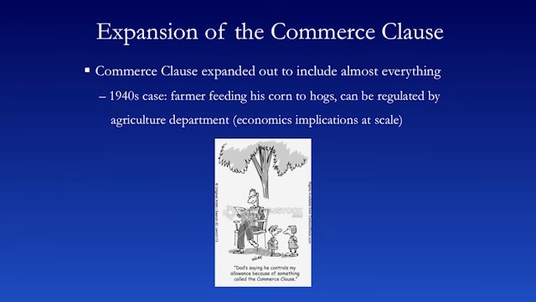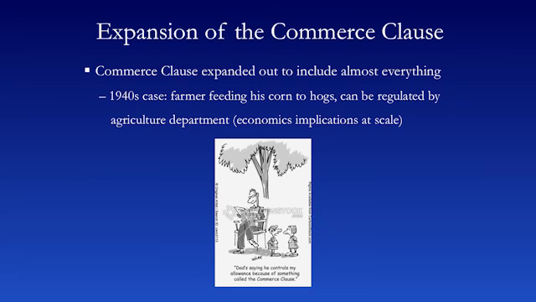Because if he was feeding his corn to the hogs, then he wouldn't be buying corn on the open market, and therefore the price of corn would fall. And this was in violation of the Agriculture Adjustment Act. And so the question really was whether the Agriculture Adjustment Act was constitutional, because that law